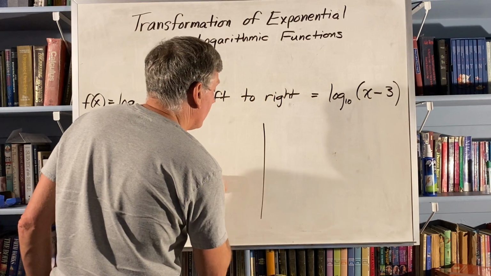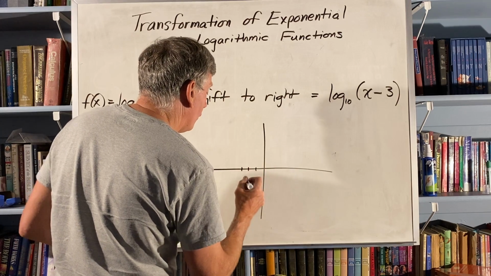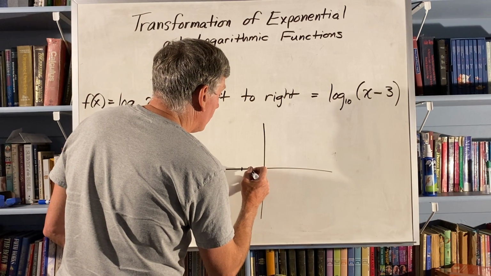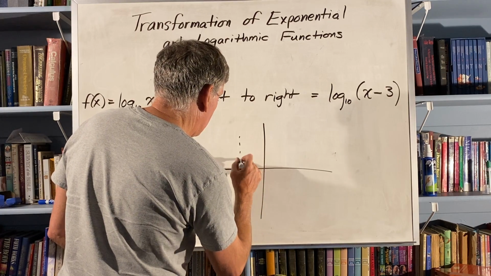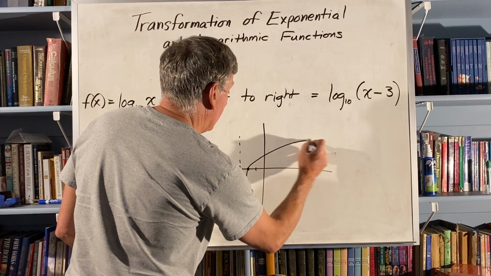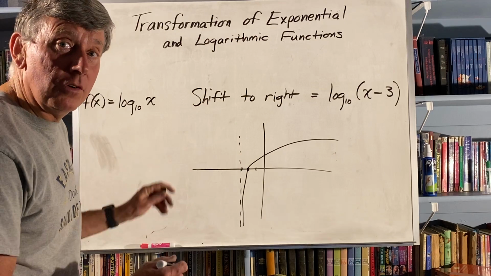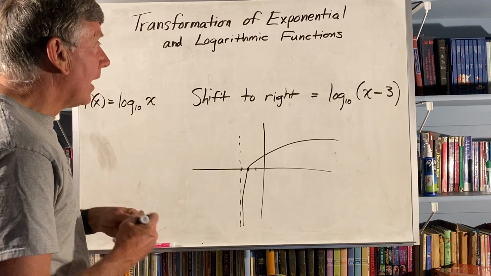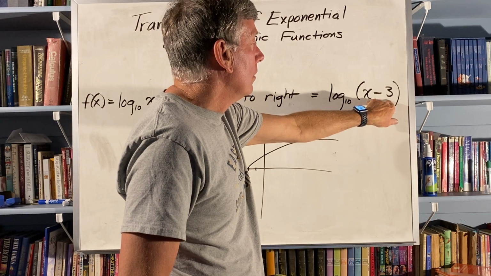That's going to take the log base 10 and shift it 3 over this way, so it goes to 0. It's going to do this kind of thing. It's going to shift over 3. And if you think about it, all we need is for this to be, let's say,